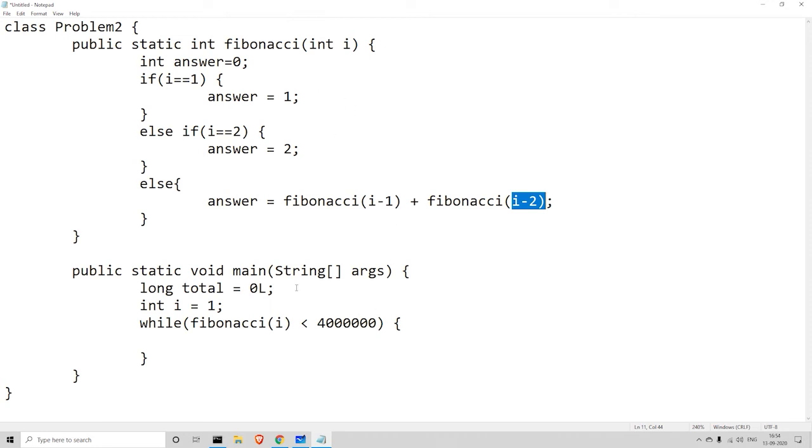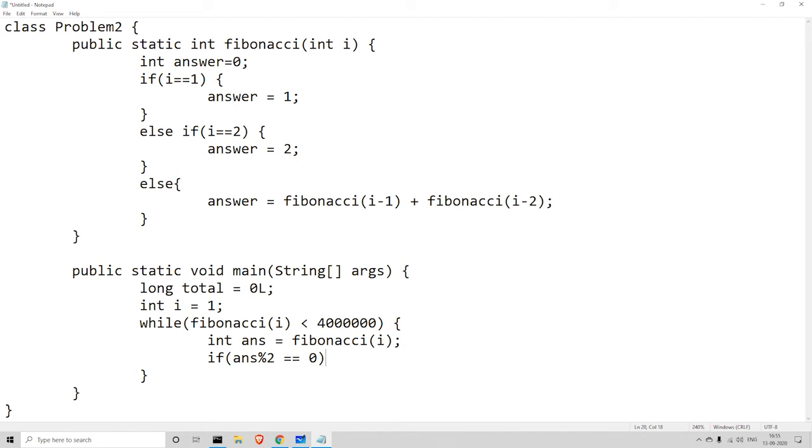So when you give a number like 1, it will find the Fibonacci and check if it is less than 4 million. If it is less than 4 million, I'm going to check it using an if statement: if answer modulus 2. Now, using the arithmetic operators, you might remember what a modulus of 2 is, and in the previous video also I've explained it. Modulus 2 is like when you divide by 2, what is the remainder you get?